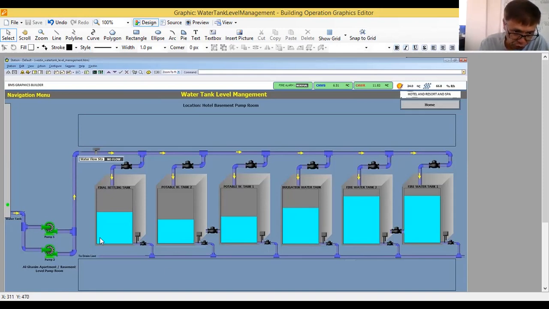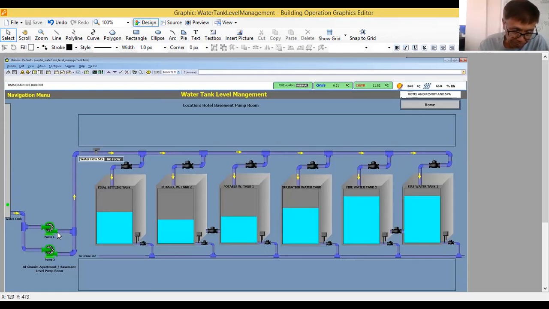Now here I have 2 pumps. This is the water tank from which I will get the water to be supplied to these 6 water tanks. I have not shown the exact water tank here, but as you can see, my 2 pumps will be sucking water from these big tanks, then supplying it to these 6 tanks in the basement of the building.